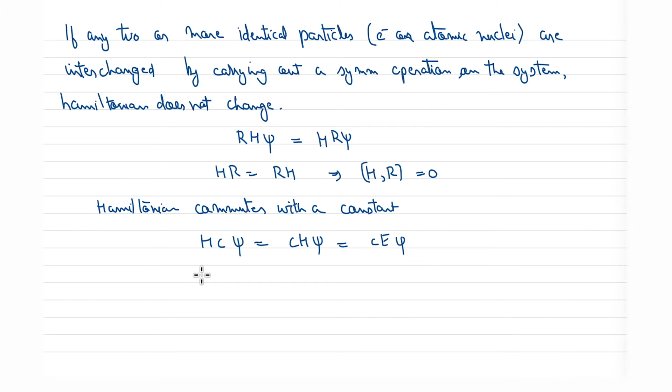So similarly here we can write H R psi. The only difference is that now R is not a constant, R is an operator in itself, right? And we can say that it is R H psi, and this now gives you energy, so R E psi,